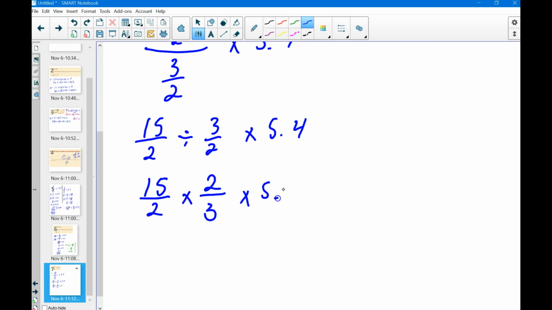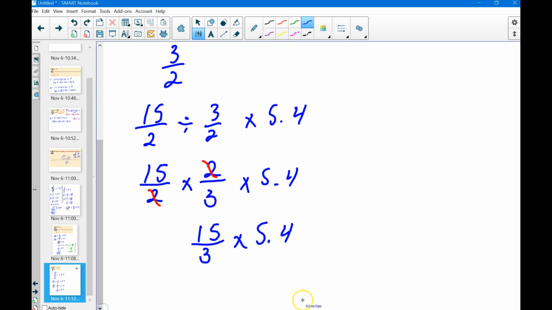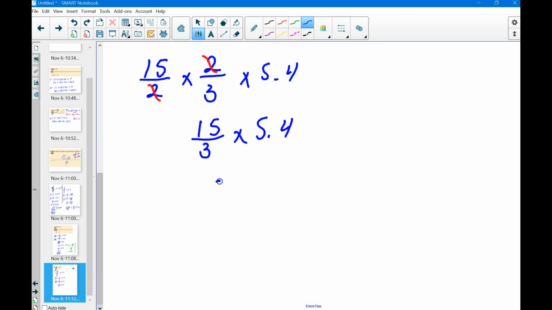Times 5.4. This works out really nicely because before we do any multiplying, you can see that using a shortcut from earlier in the chapter, we can cancel out these 2's right away. And now it turns into something like this, which becomes 15 over 3 times 5.4. And once again, it becomes really nice because 15 over 3 is just 5 times 5.4. And if I were to put those like this vertically,